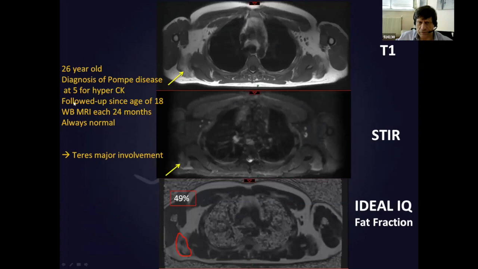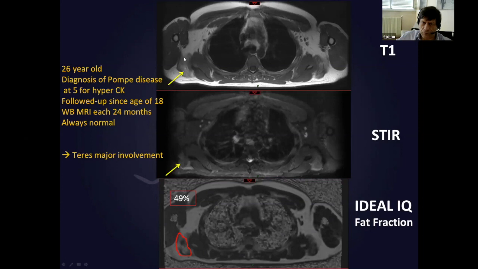This Pompe disease was diagnosed very early, at 5, for hypercKemia, and the follow-up every 2 years permits to detect, after the 6th examination,